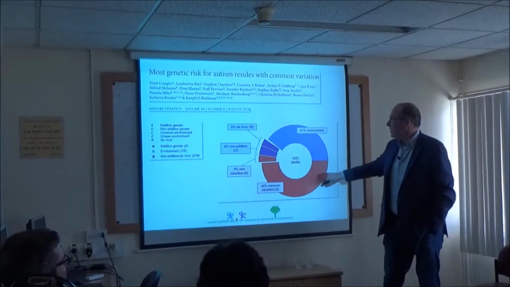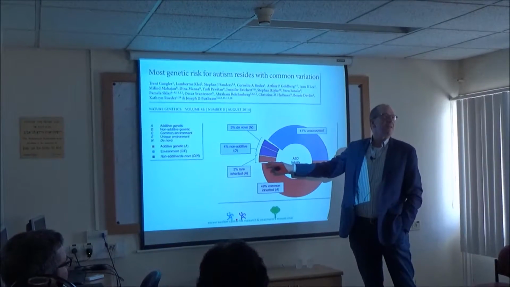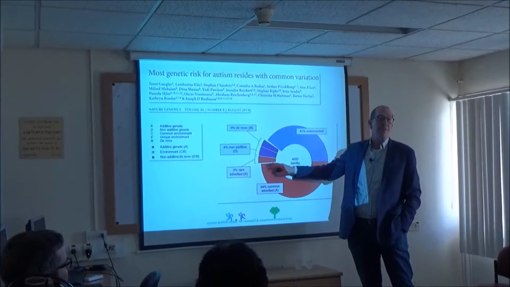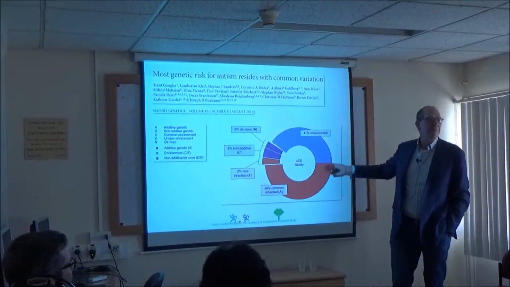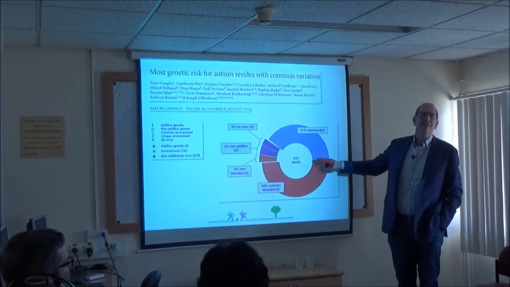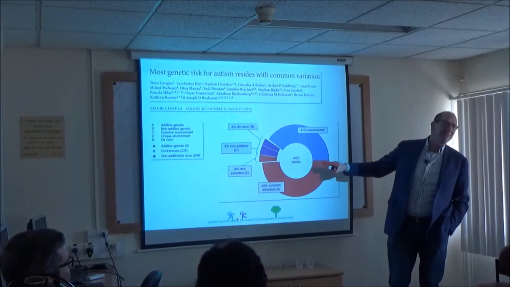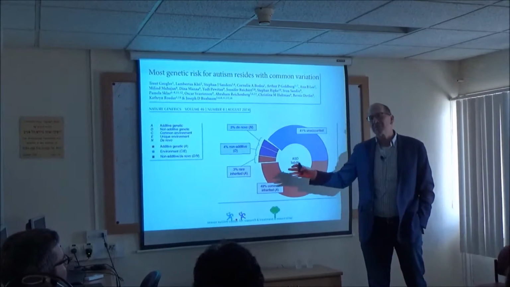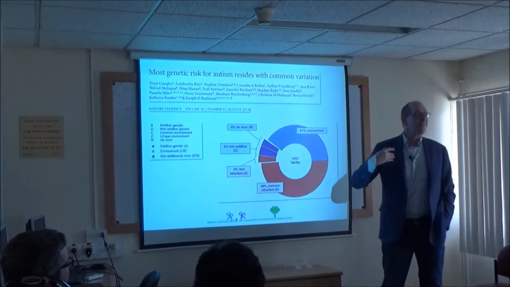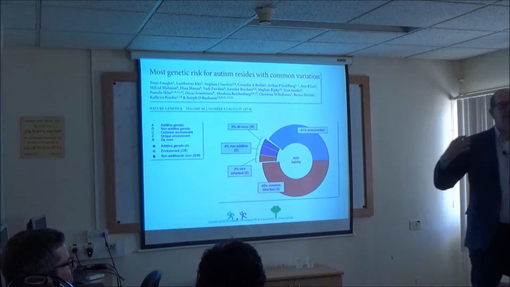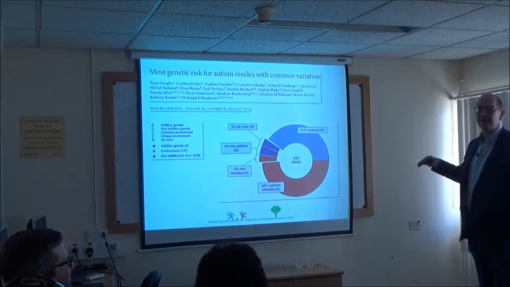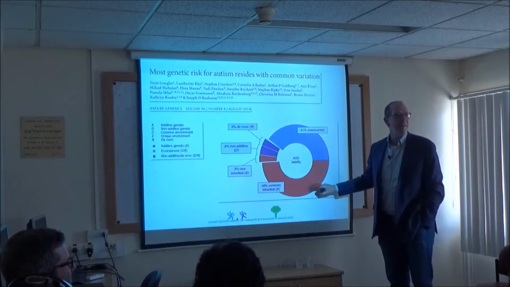And this down here is what we call common genetic variation, or SNPs. And that accounts for about 50% of the total risk of autism. And some people say it's not 50, it's 38%, or it's 66%. I mean, in biology, I'm very happy if I get the sign right. If I say plus, within a factor of 10%, I think that's pretty good.